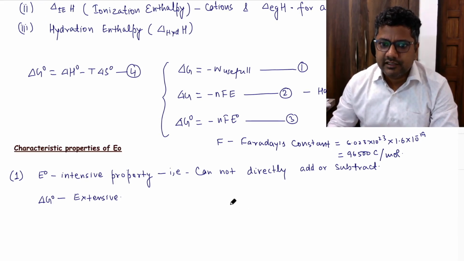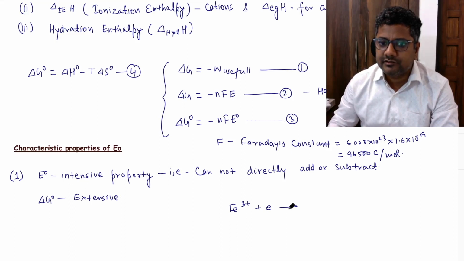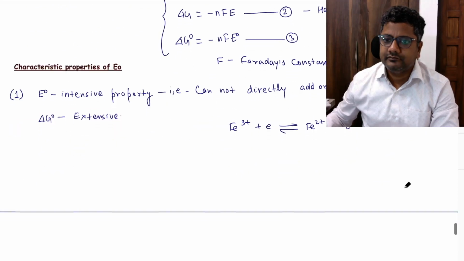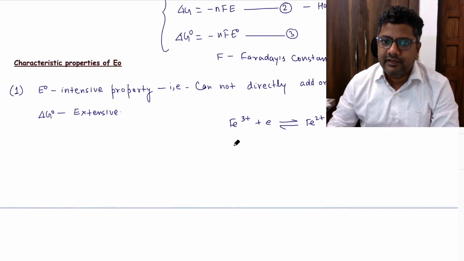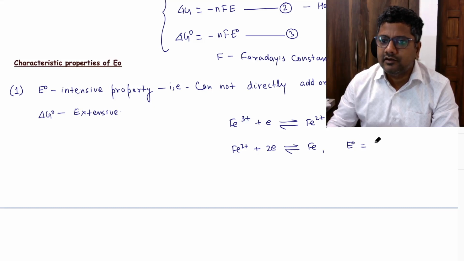See, suppose it is given Fe3 plus plus electron gives Fe2 plus, and E naught is given X volt, and Fe2 plus plus 2 electron gives Fe. For this it is given E naught is equal to Y